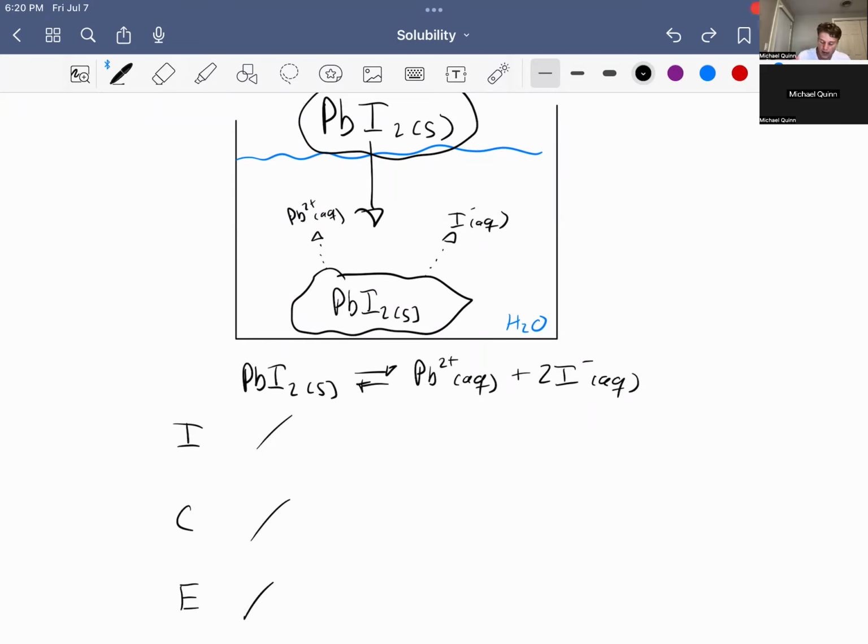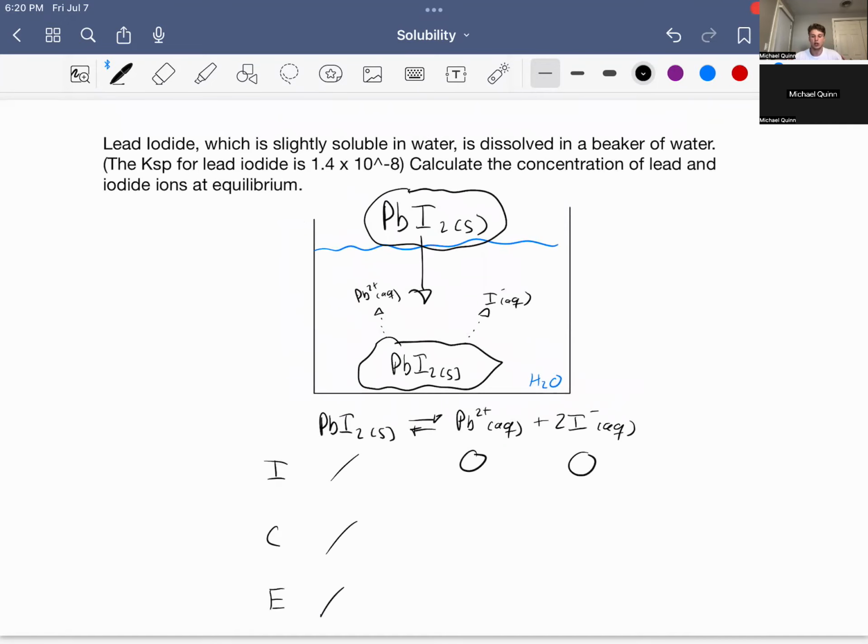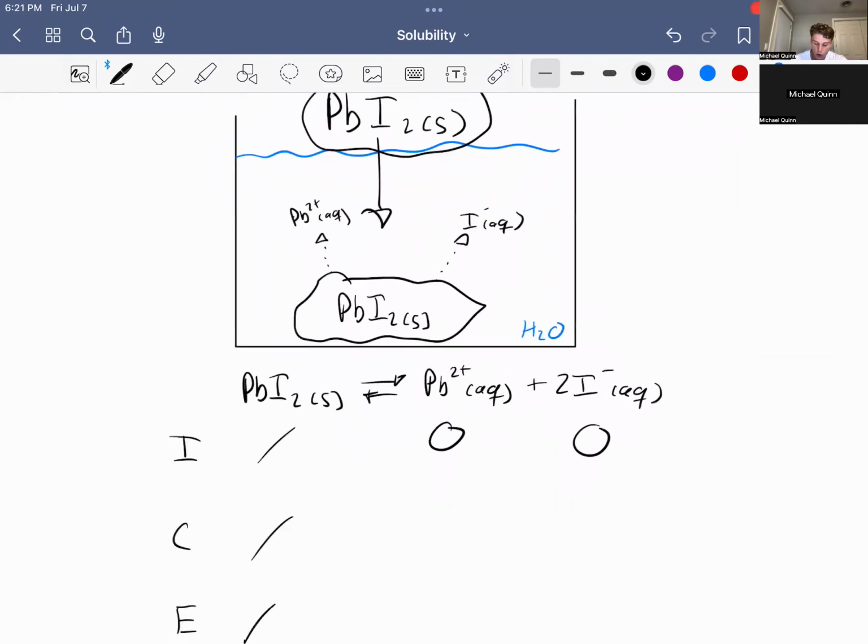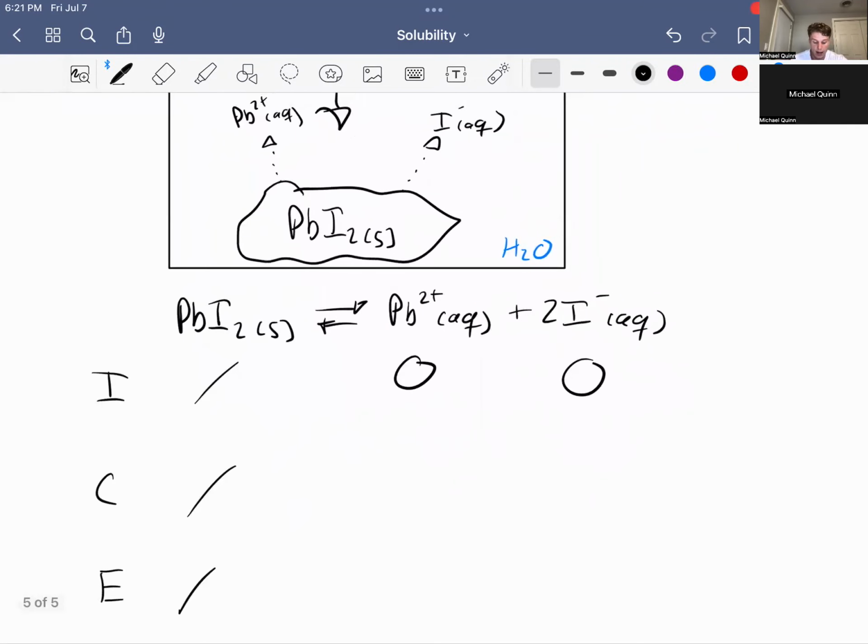So we will say that the initial concentration for lead and iodide are both 0. So we're assuming this reaction hasn't started yet. We're going to run this reaction until it reaches equilibrium, where we can then find the concentration of lead and iodide ions. So we need to decide for our change column of the ice table, are we going to be adding